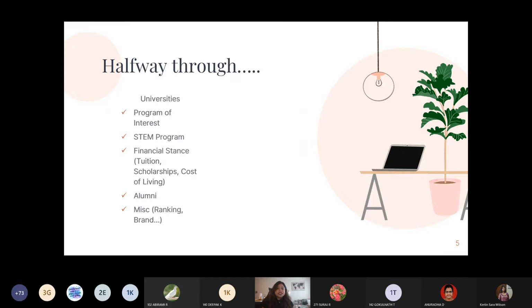Okay, so like I said, universities, I think we already covered this. The program of interest, any program that you need, you can always Google things. Google is your best friend when you're applying for universities. You can Google the top courses, you can Google the university, and then you can go into the website to see what courses they offer. The good thing about the US is that there's no one single course that I can deem as popular.